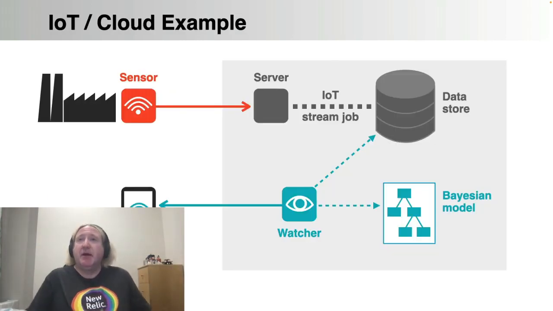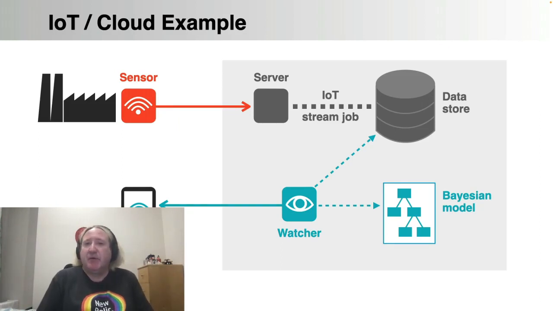Moving on from that, we also have architectures which look nothing like traditional 3-tier architectures. This is a serverless example. This one really is cloud native. This one really is the kind of thing that it will be very, very difficult to build with traditional IT architectures. So here we have IoT, so the Internet of Things.